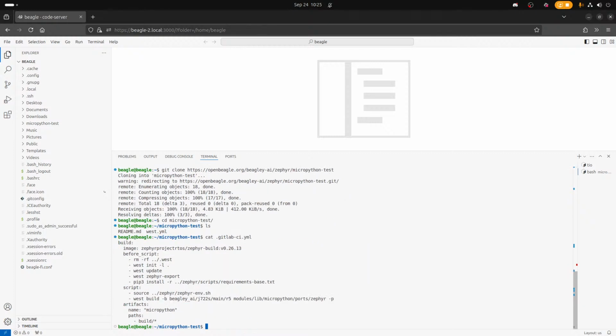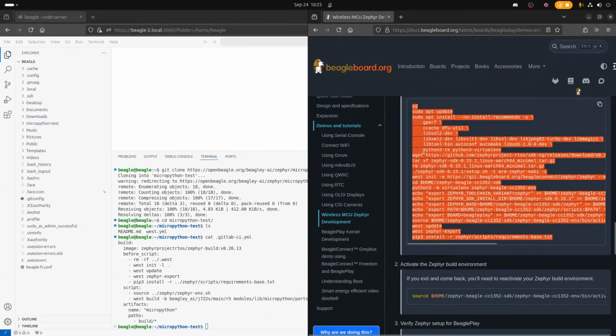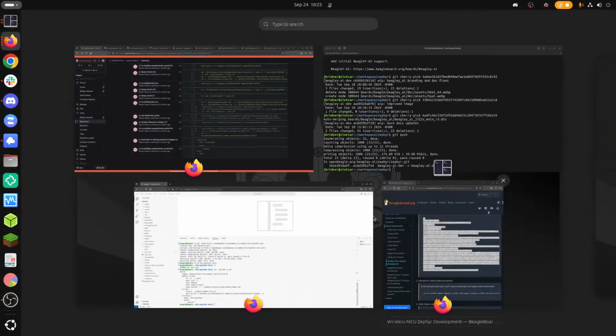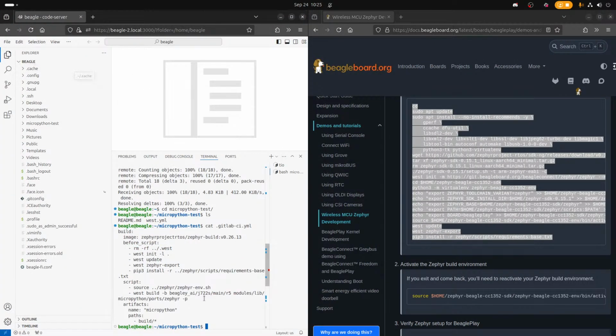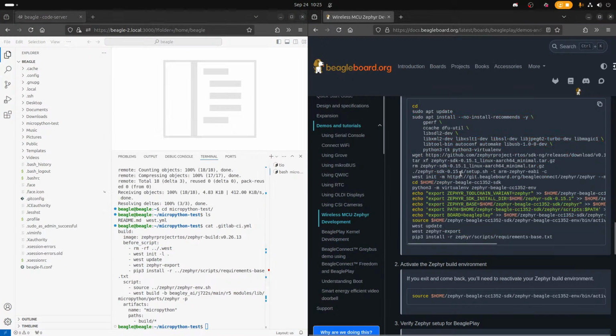So we need the tools. Yeah, it's all this stuff. All right, I'm gonna go ahead, because we need the SDK. You said we need a newer SDK version than this.